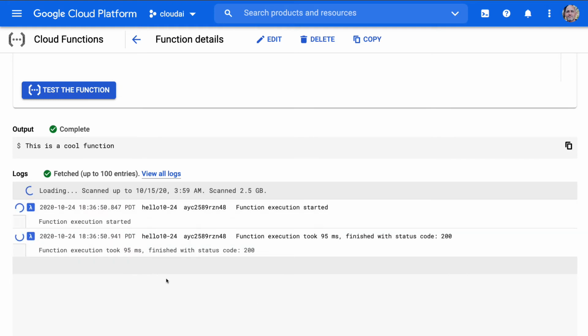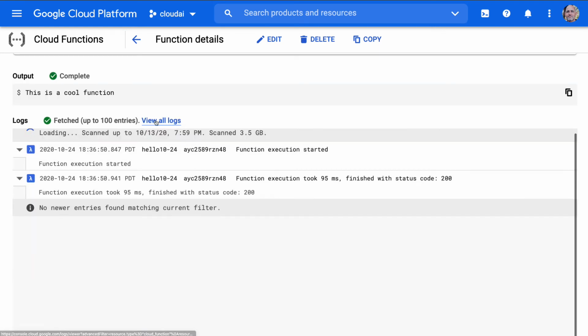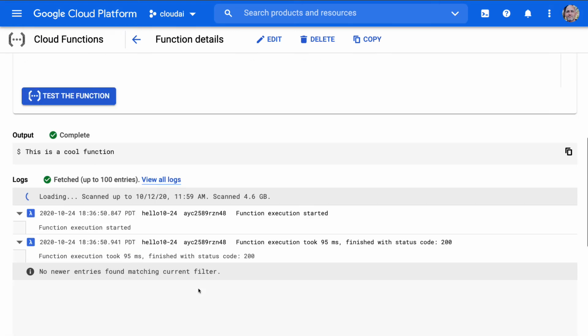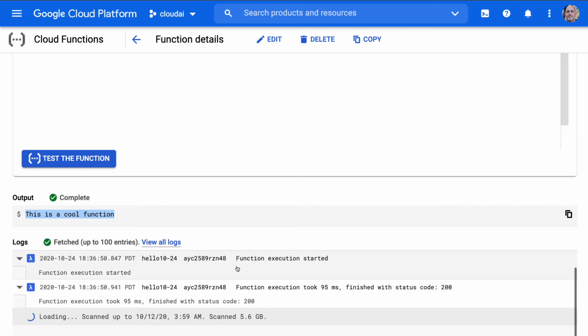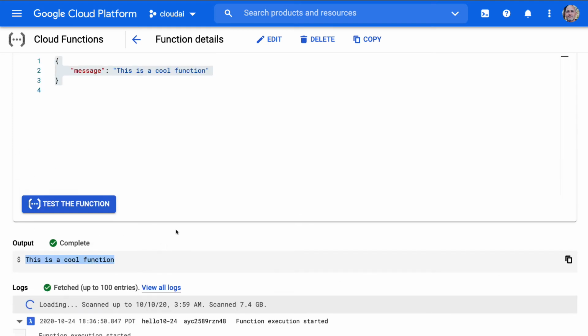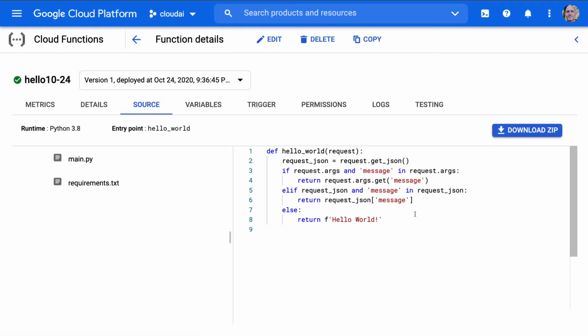And it should give us the output. This is a cool function, because, yeah, I think it basically does nothing, right? Like it just returns back what it is we told it to do. So if I wanted to change it, I could tweak this a little bit here, and I could say, for example,